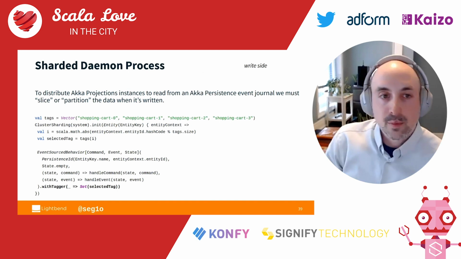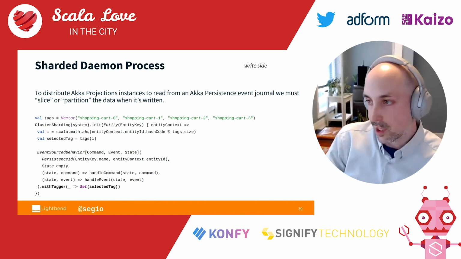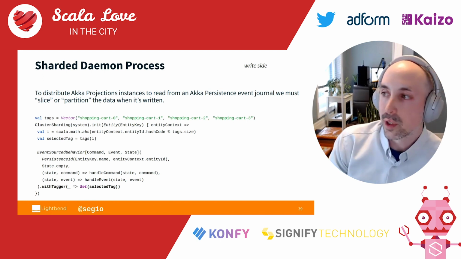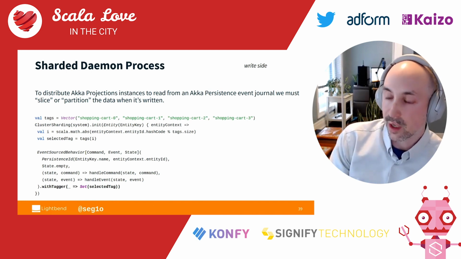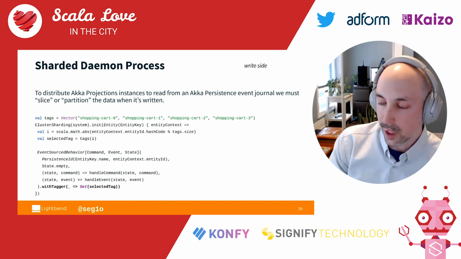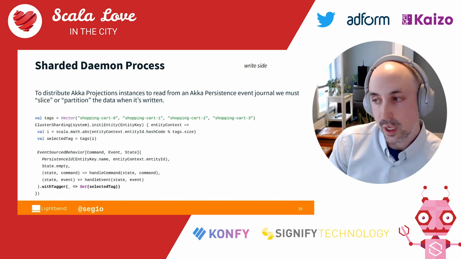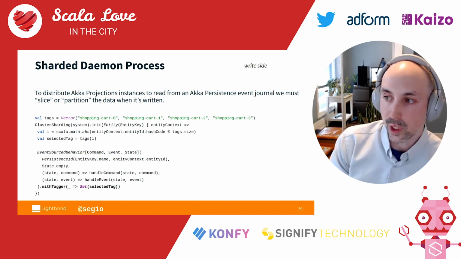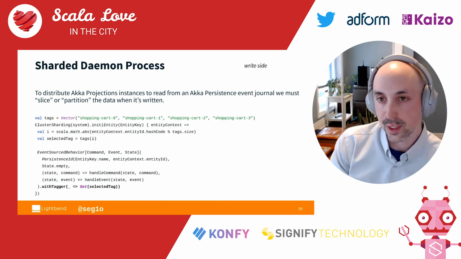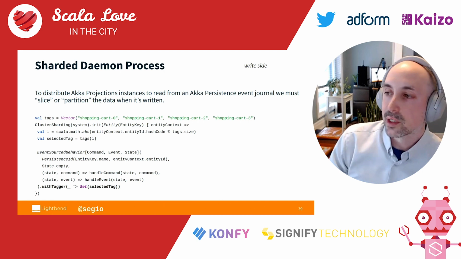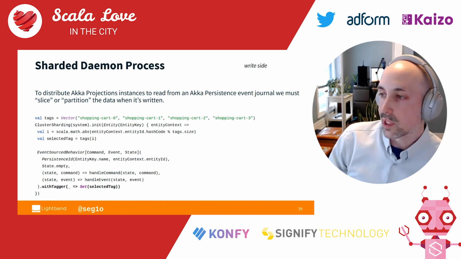So like I said before, I want to explain this in the context of projections. If we want to use sharded daemon processes to scale up projections, to run them on many nodes, we have to first make sure that the data in our event journal is partitioned so that we can read unique data for every projection instance that we instantiate. So we first need to modify how we persist data, and we have to create these slices